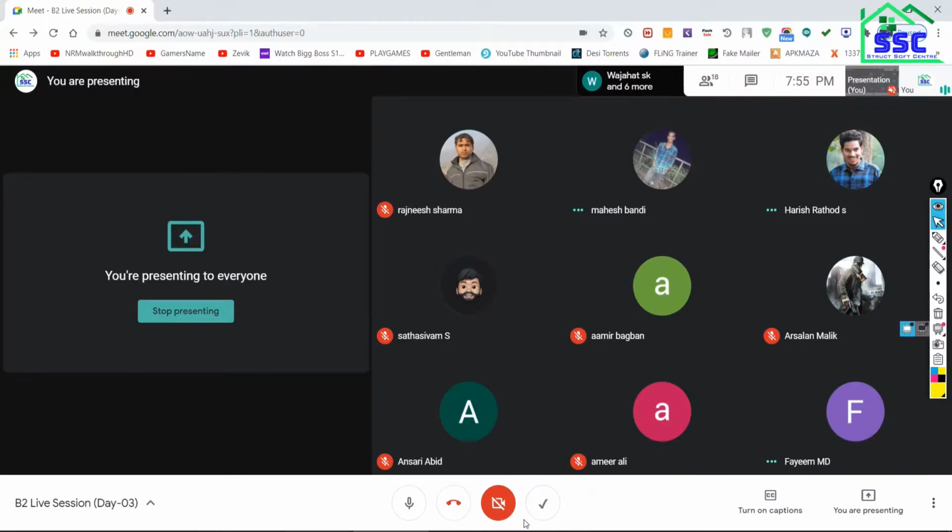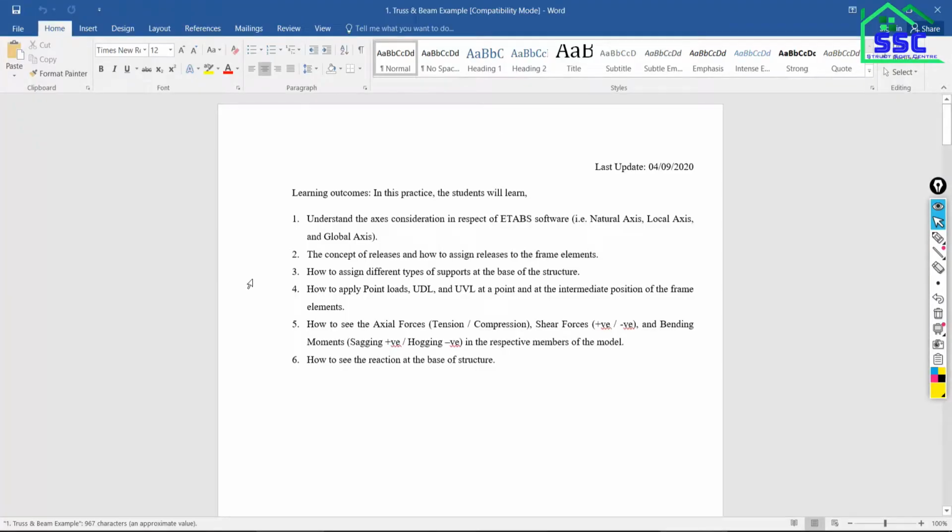Now just come back to the next exercise. We have to see what the different axes in the ETABS software are, or in general what different kinds of axes we have to understand in this exercise.